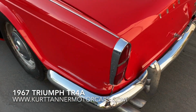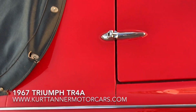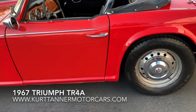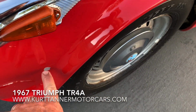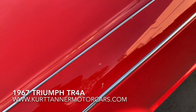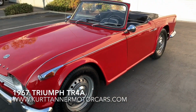Really good straight car, nice gaps. The area in here, which always kind of goes bad, is just beautifully solid on this car. There are no issues. Door gaps are really lovely. Chrome work is the original. You can see once again there's a little bit of lifting here and there. We didn't try to touch this stuff up, I just wanted everyone to see it. A tiny bit of bubbling in this spot, but if you stand back five, seven, ten feet,